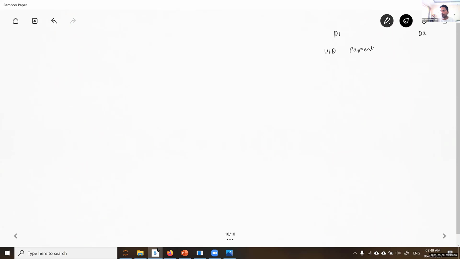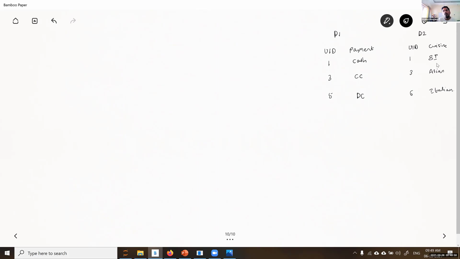And data frame 2, user ID and QSIN. For the sake of ease, I am taking only very small data. Payment. Let's say this guy is cash, this guy is credit card, this guy is debit card. This guy is like South Indian, and this guy is like Asian, and this guy is like Italian. Preference. Right? Now let's do joins.